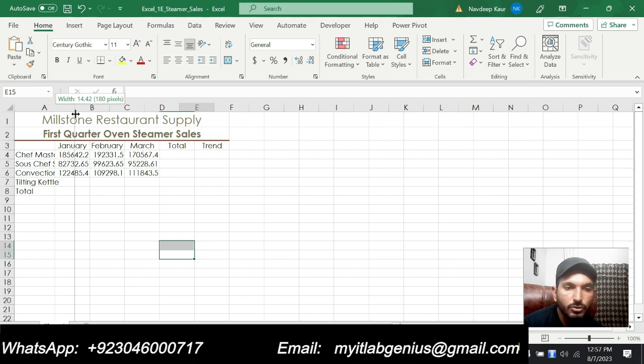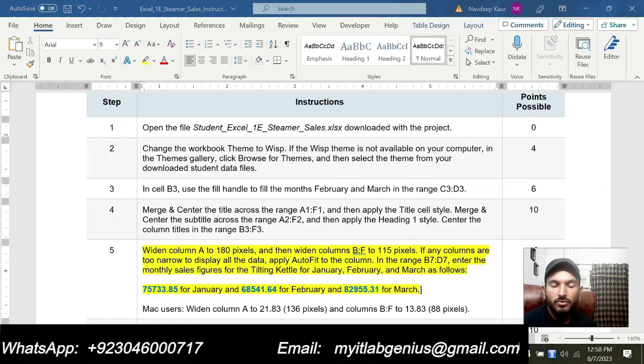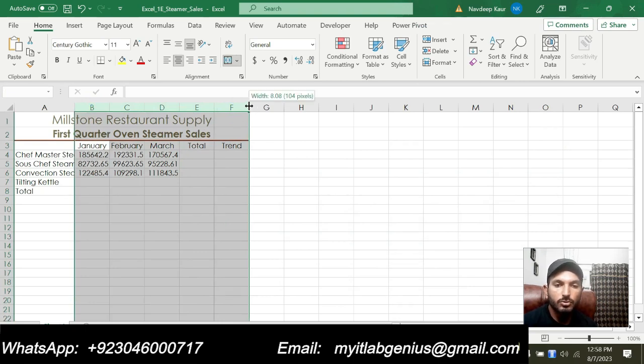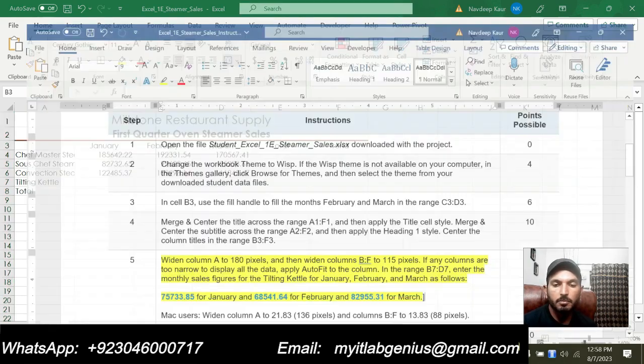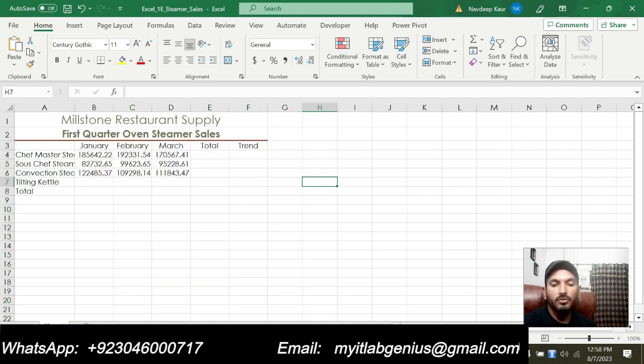You can see that the width is 14.42 and 180 pixels for column A. So now for columns B to F, we will select B up to F, and now we are supposed to set the column width to 115 pixels, so I will make it 115 pixels. So I have made B to F 115 pixels.